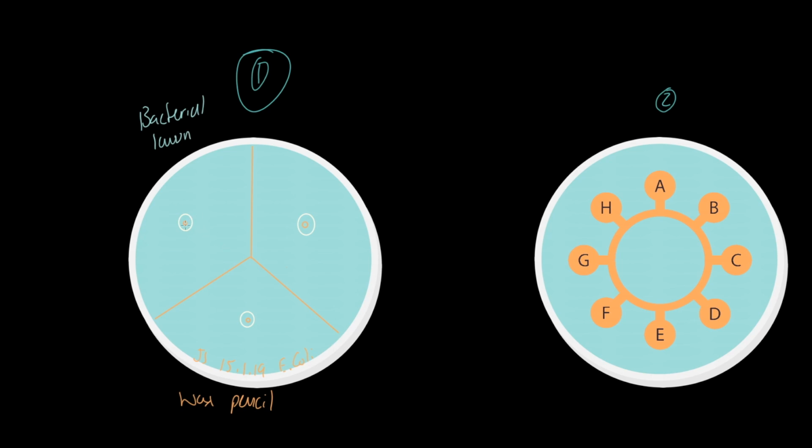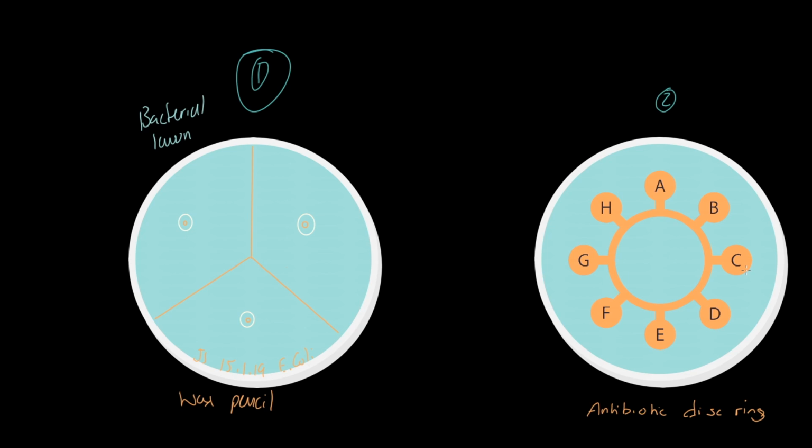So, of course, what we're interested in is what impact that antibiotic is going to have on the bacterial lawn. Now, in case 2, we have a different scenario. What we've got here is what we call an antibiotic disc ring, and you may well use one of these within your school. The idea is that A, B, C, D, and so on, each of these rings is effectively a paper disc ring here,